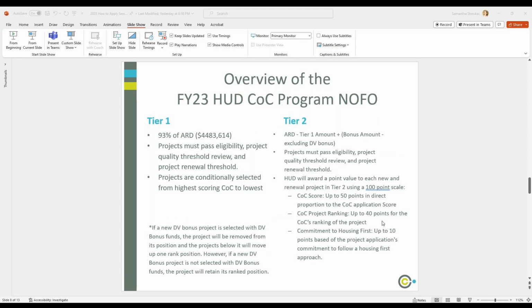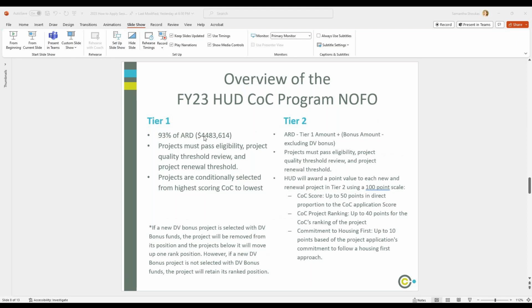If we add up the total of all of our projects, once we get to $483,000, this number is incorrect, there's an extra four, then that's what projects fall in tier one. All of those projects are usually accepted and funded. I don't think I've ever seen a tier one project not be accepted.